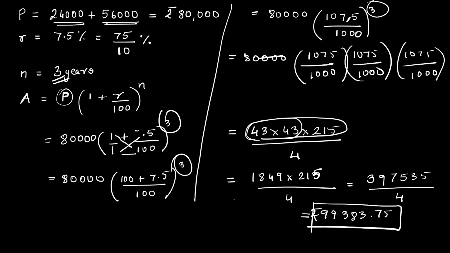So here first we'll cancel the 3 zeros. One more 0, one more 0. Okay, this time I'll cancel one by one. See, I can write 1075 as 215. Here also there is 215. Here also there is 215. If I cancel by 5,